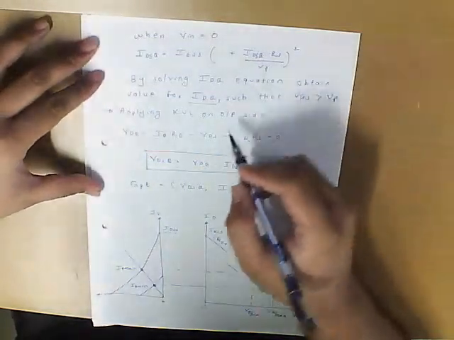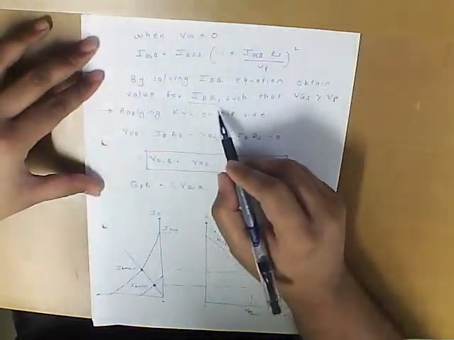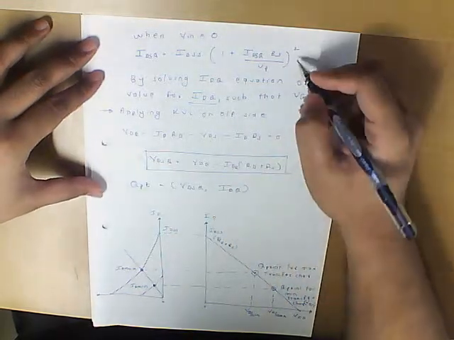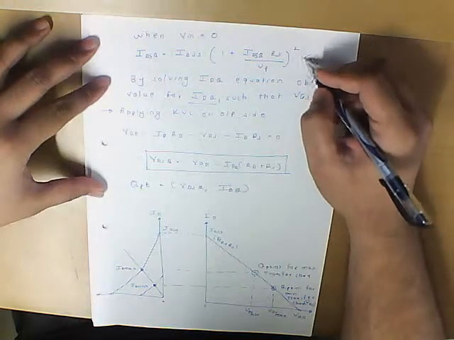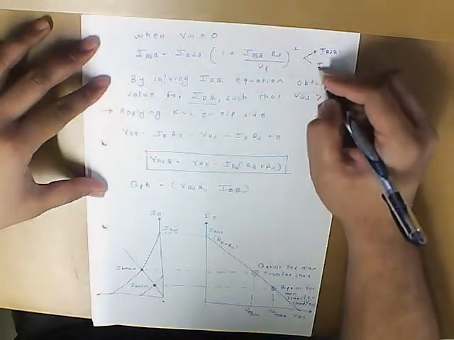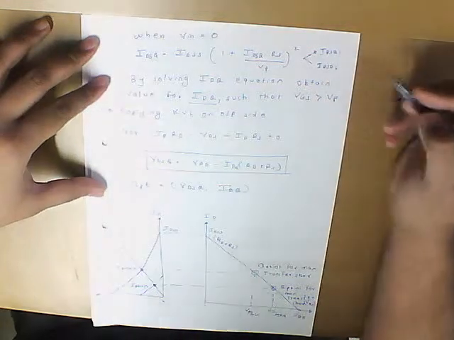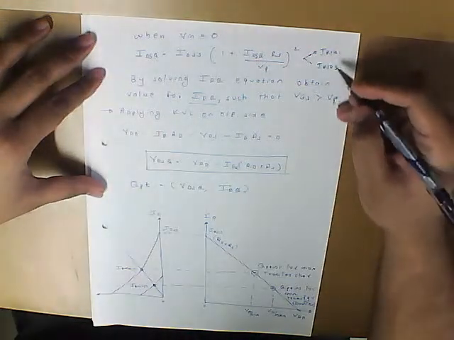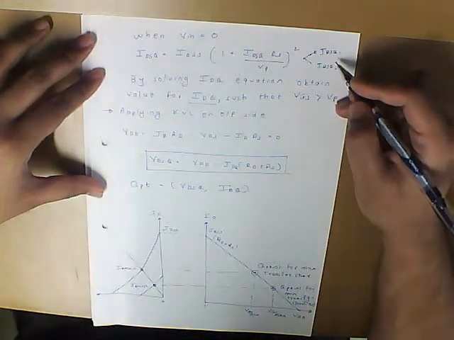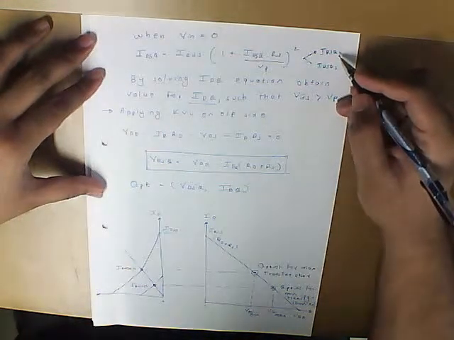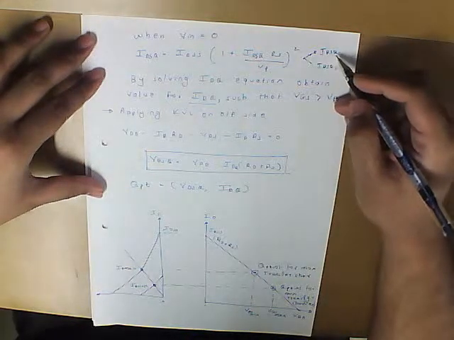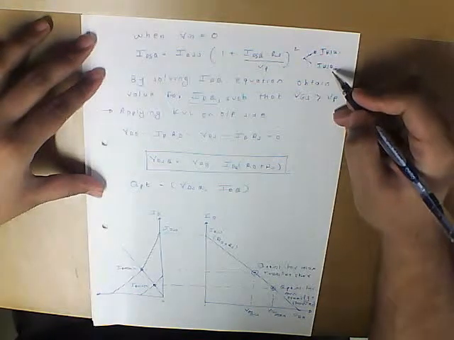So let us say the two values are IDSQ1 and IDSQ2. So by solving this equation, we will get IDSQ1, IDSQ2. Now how do we select? If we get two values, we can't have two quiescent points for the same circuit. So we will have to make a choice in this case.